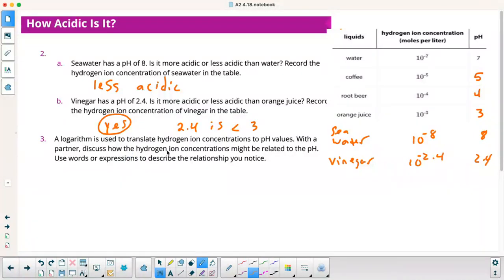Logarithms are used to translate hydrogen ion concentrations to pH values. With a partner, discuss how the hydrogen ion concentrations might be related to the pH. Use words or expressions to describe that. Okay. Well, the sign here changes and it's equal to the exponent. So if we said 10 to the negative pH equals